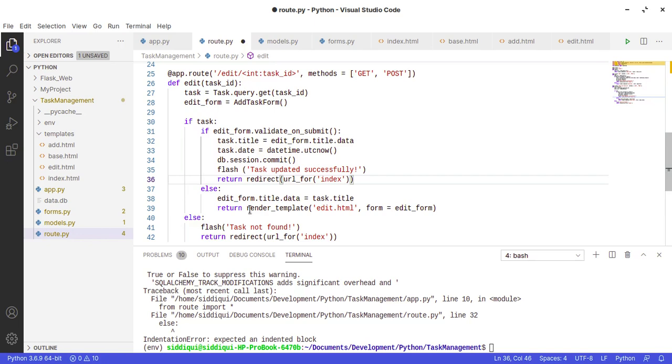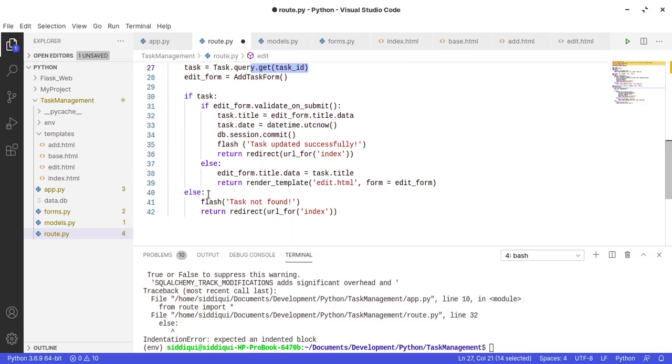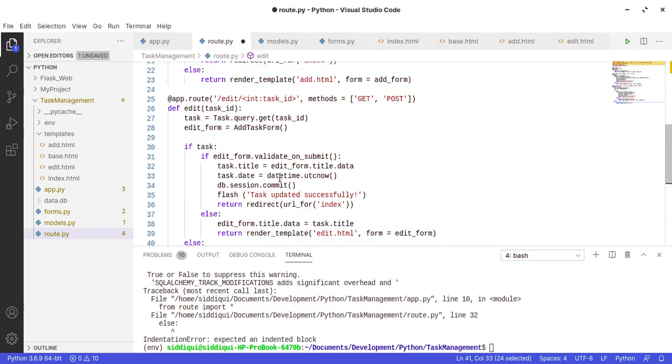Else we just render the edit template so that the user will have the form to modify the title, and the form title we actually set with the task we fetched from the database. And if we don't find the task, then we just handle it here, say task not found, and then redirect it. Now let's see how it's working.